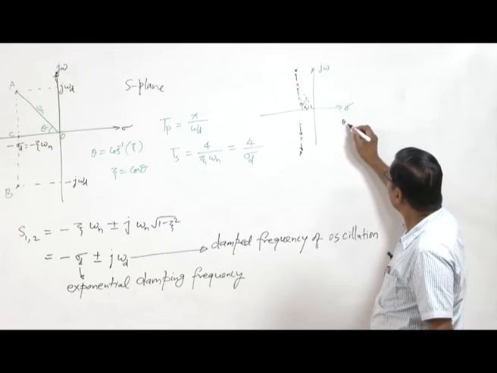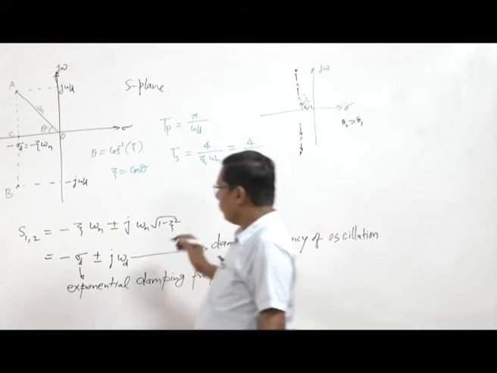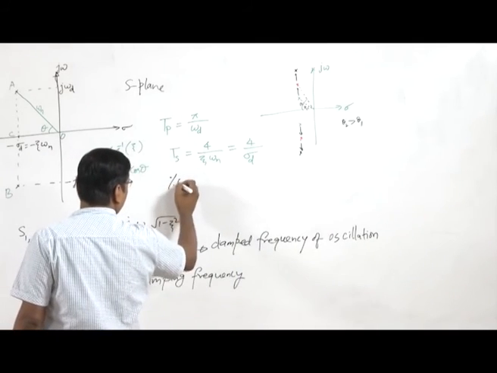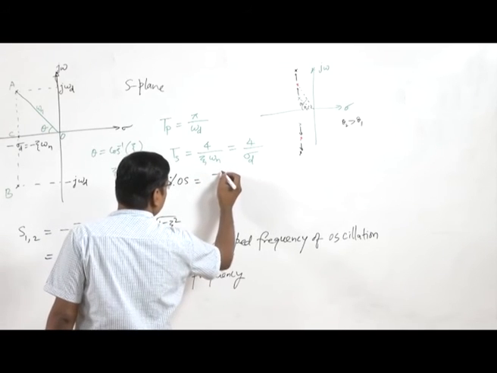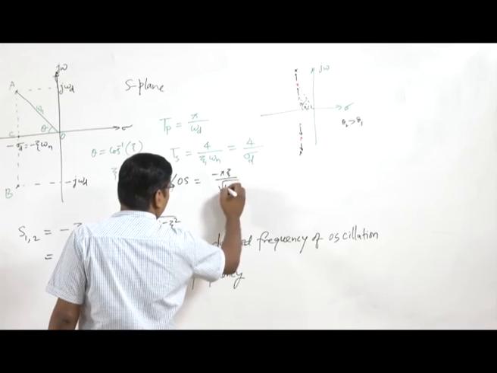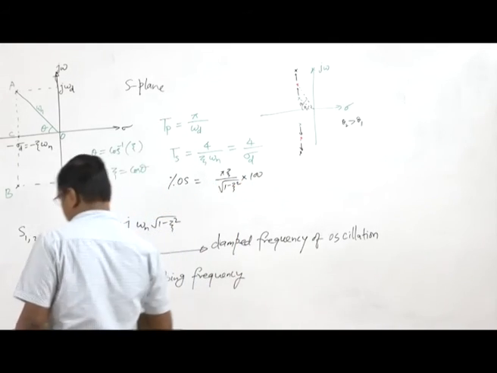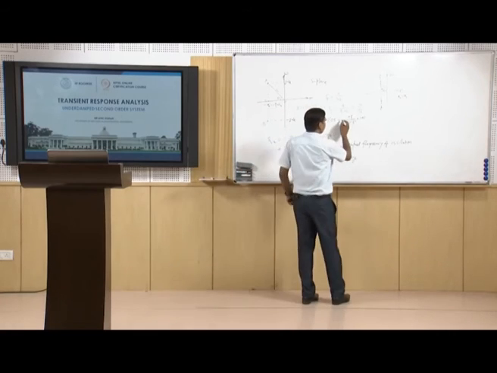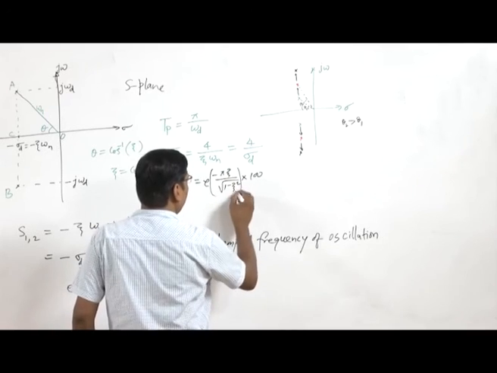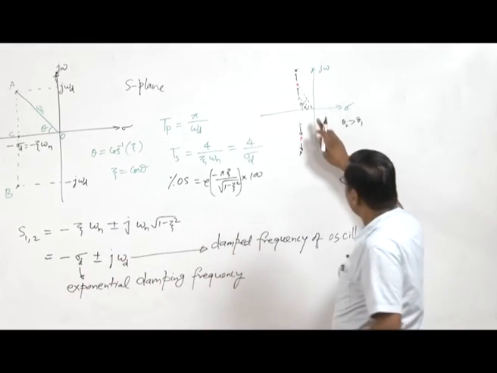So theta 2 is greater than theta 1, and here one more quantity we can write, percentage overshoot, that is exponential minus pi zeta by root 1 minus zeta squared. So we can see that theta 2 is greater than theta 1 here,